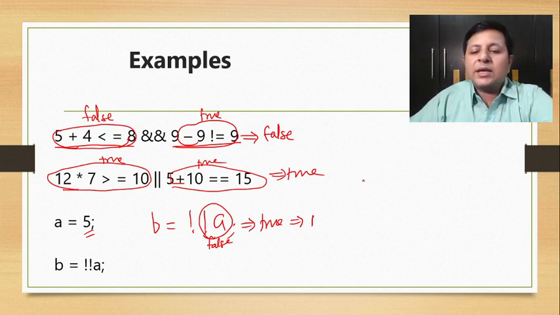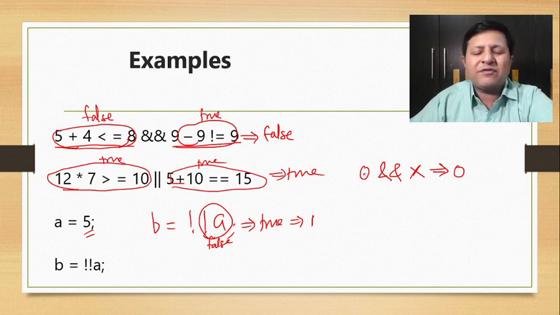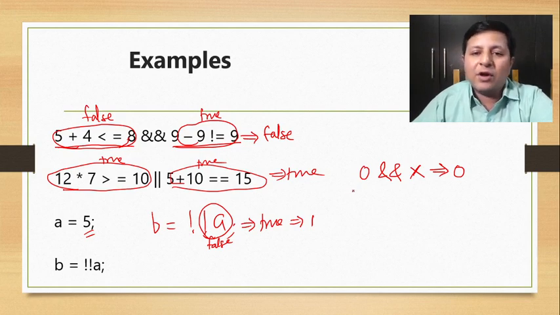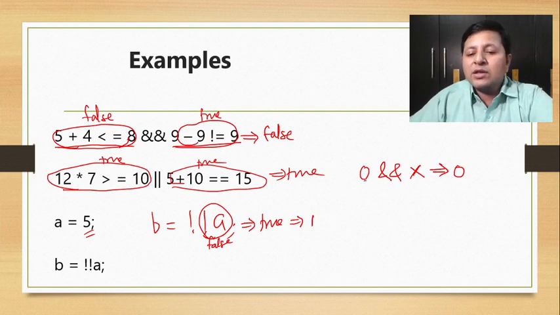So you might have understood one thing, that if at all I have, let's say AND, okay, and the one side of that AND is 0, can we say the other side doesn't matter? Let's say it is any X, it is either true or false. The answer is going to be false. Instead of 0, maybe I could write false also. Understand one thing, in C, we do not have Boolean concept when it goes to programming. So we don't have true and false. So in C, we say true means 1 and false means 0. So when we represent true and false, we represent 1 and 0. Okay, so if one of the side is 0, the other side is anything, answer is 0.